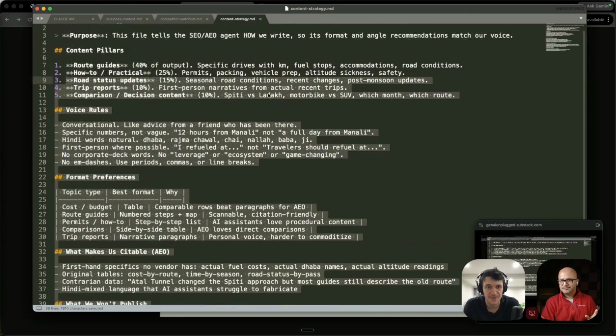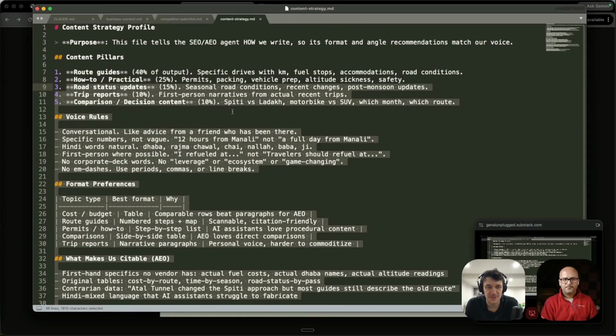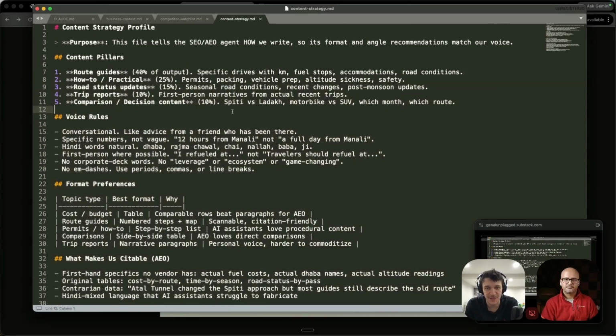Make sense? Basically, what you're seeing here is all the context that you're giving the agent before it goes out into the wild of the internet. And it may look like a lot to some people, even if you can't read it if you're looking on mobile right now. But the easy way to do this, which Dheeraj mentioned, is just have your AI of choice, whether it's Claude, ChatGPT, Gemini, whatever you're using, interview you.